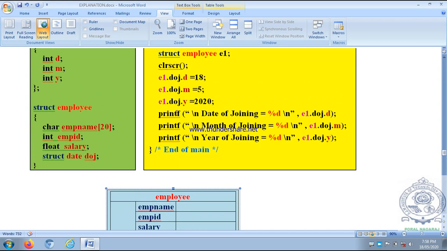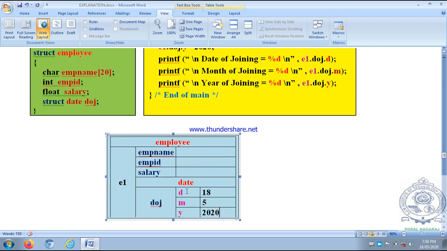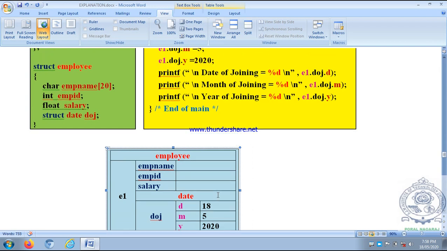Then e1.doj.y is assigned a value 2020. So now the values are stored into the nested structure members. The D, M, Y are nested structure members. This is how values are stored.